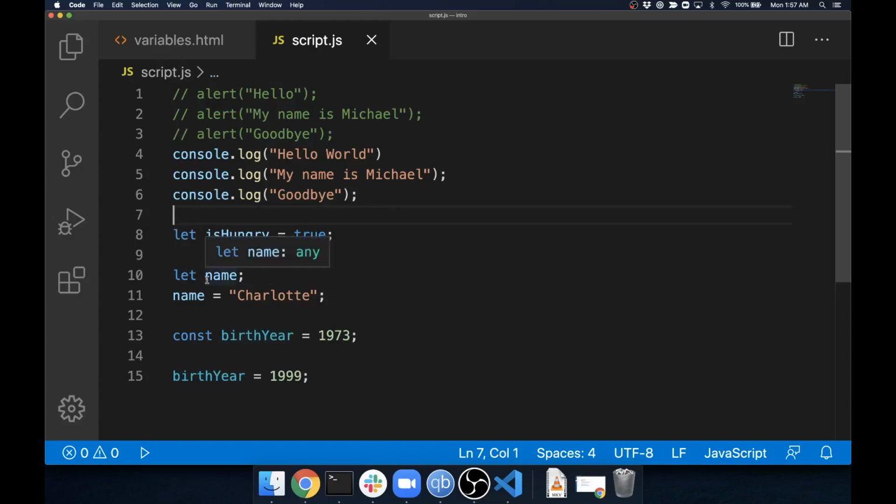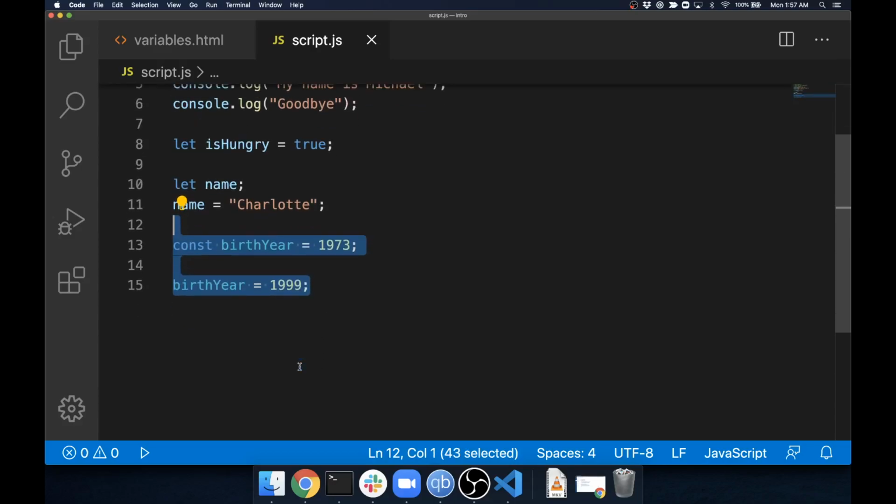Lets and vars are very similar, and they can be reassigned. There are only slight differences, which I'll talk about later. So const stands for constant, and it means you cannot change the value of that variable once you set it. And you have to set it in the declaration. All right, cool. So moving forward with our examples,